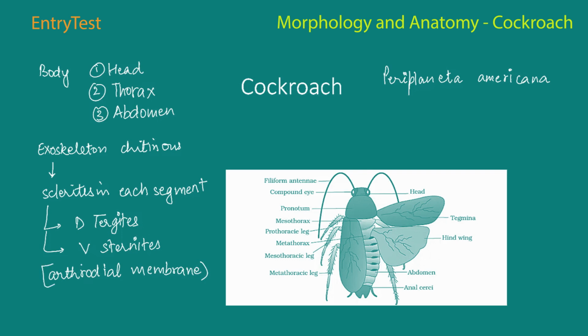Now you can easily observe the diagram. The head is a bit like a triangle, and it lies anteriorly at right angles to the entire body axis. It is formed by the fusion of 6 segments, and it has a very flexible neck. The head capsule has a pair of compound eyes, and there are thread-like antennae that come from the membranous sockets that lie in front of the eyes. These are the filiform antennae. They are sensory in nature. They help to monitor the environment.